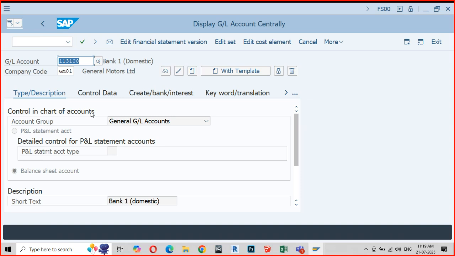So that's why I said understanding the GL master, the general ledger master, is very, very important, especially when you are talking about a finance consultant. It becomes very, very mandatory. He needs to know what happens where. One tick mark can make the system behave in a different way, and not ticking one box allows the system to behave in a totally different way. Clear?